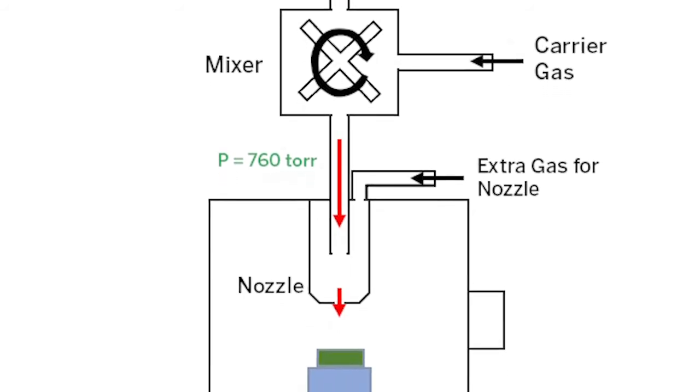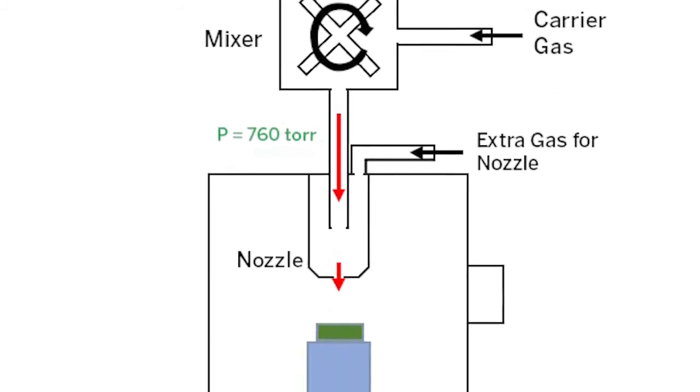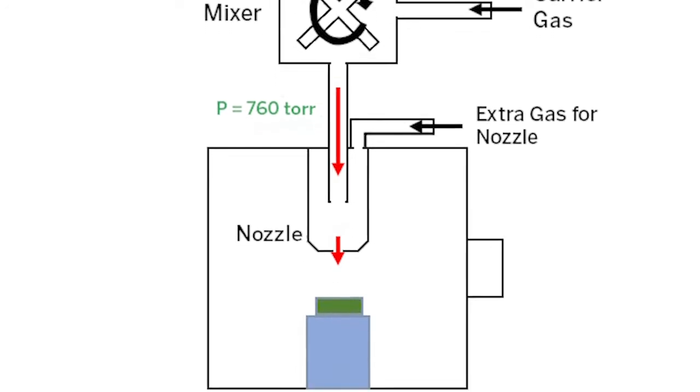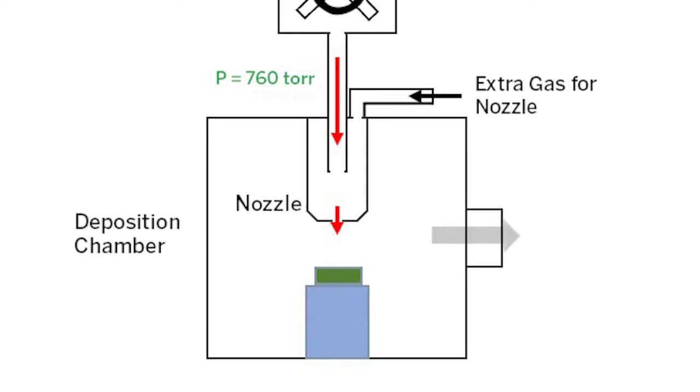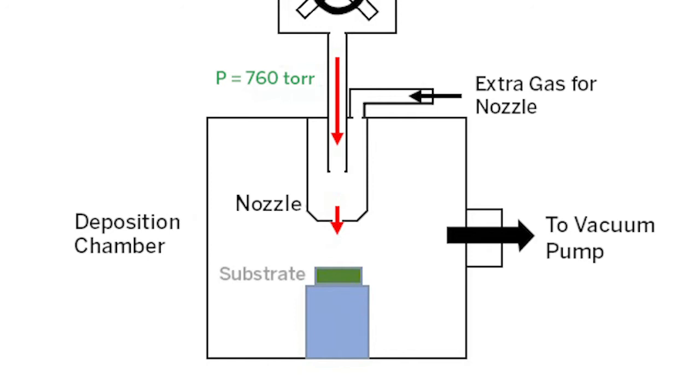The nozzle separates two parts of our machine. The upper part of our machine is at about atmospheric pressure, and the lower part, the deposition chamber, is pumped by a vacuum system. So there's a large pressure differential between these two regions. And that actually causes the gas that is part of the aerosol to accelerate. And because the particles are entrained within the gas, they also are accelerated by the drag forces that act on